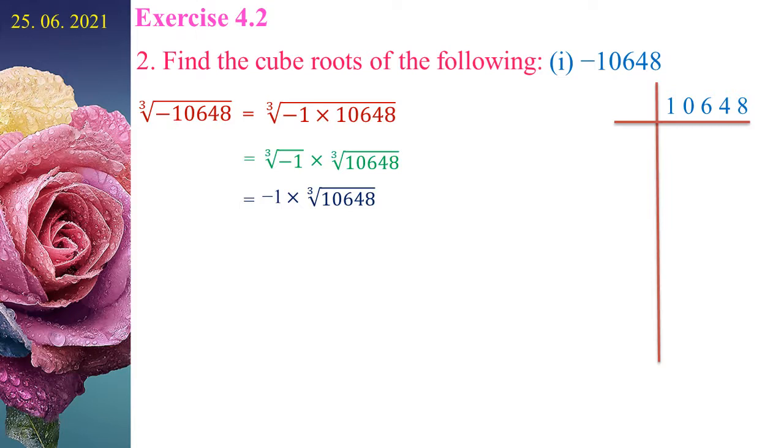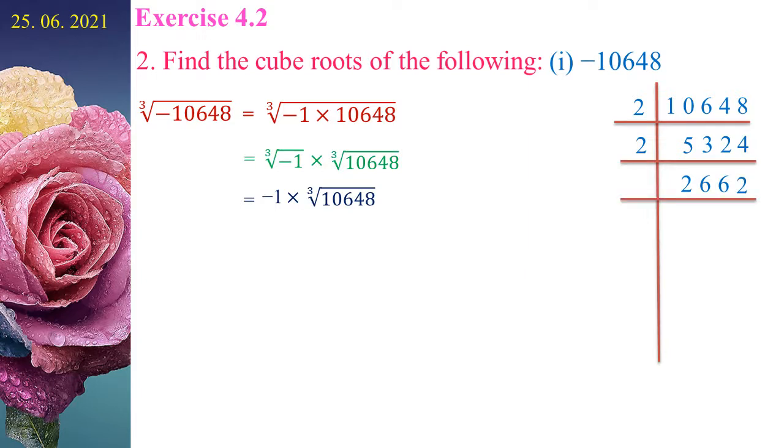Here, the number is ending with even number. So, we can take the number 2. 5 2s are 10, 3 2s are 6, 2 2s are 4, 4 2s are 8. The number 5324 is ending with even number. So, we can divide by 2. 2 2s are 4, balance 1, 13, 6 2s are 12, balance 1, 12, 6 2s are 12, 2 2s